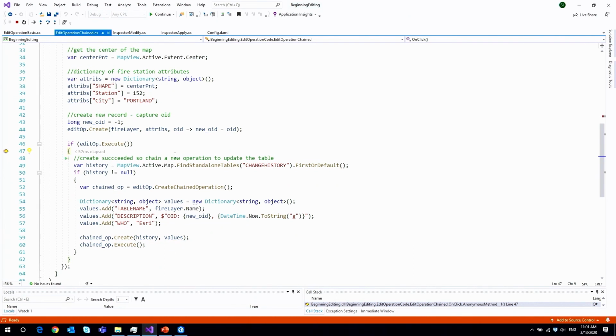Now I want to create this entry in the changes history table, but I want to do it in one operation because when I undo, I want to undo both the point and the row that I have in the change history table. So how to do that is I can find the table first of all, and I have a checker to see if it's actually there or not, and then I'm creating this chained operation. So it's simply create chained operation on the existing edit operation, which is already run, and then I got a reference to it, and then eventually I can put in some attributes to what I want to put in that table, and then simply say create in that history table the dictionary of values that I have, and then execute